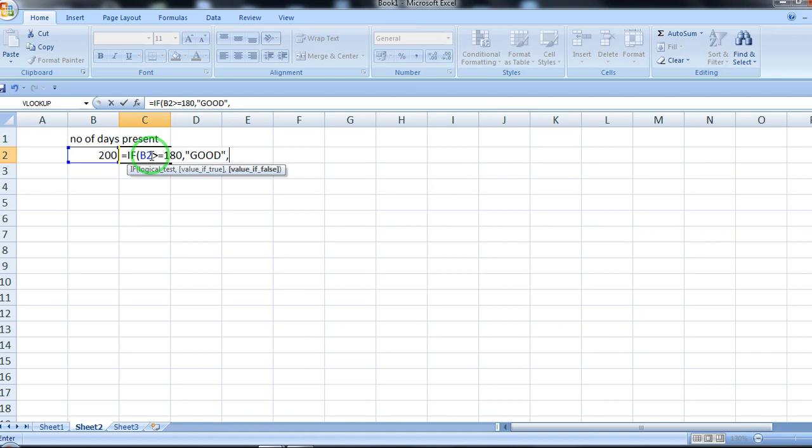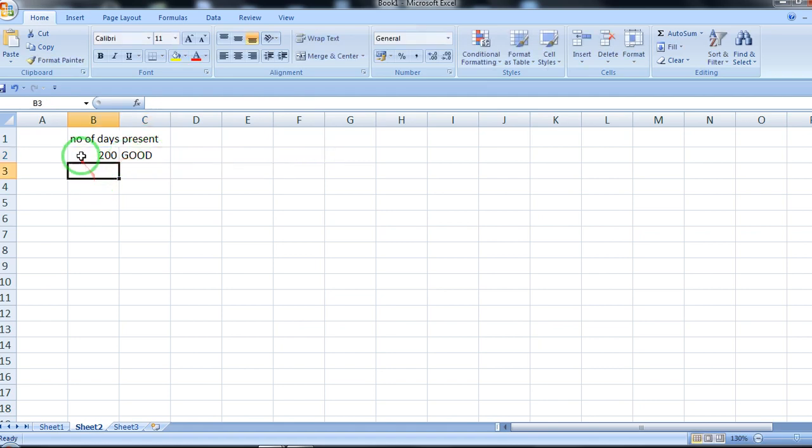If the condition is false, then it should display poor attendance. So you can see over here I have entered 200, that means it is showing good.